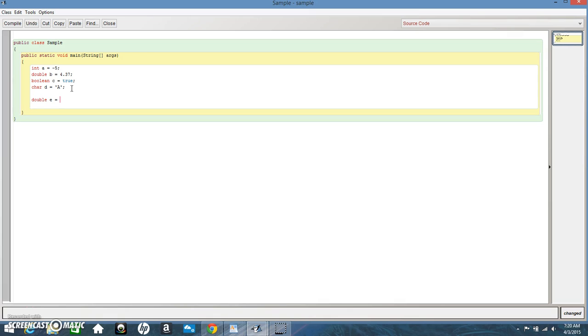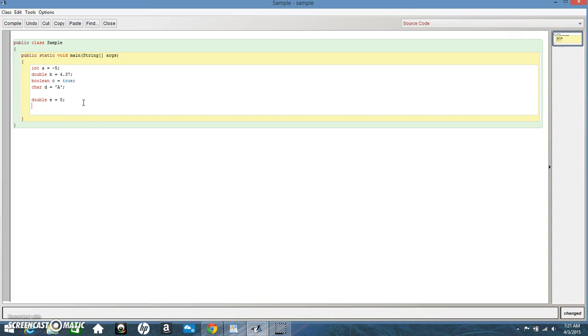So a couple things to realize first is double e equals 5. Now, that's not a decimal. 5's not a decimal. But when I compile this, it compiles. What happens is it converts 5 to 5.0, a decimal, and puts it into a double. Okay? That is fine. Now, if I try int s equals 3.7,